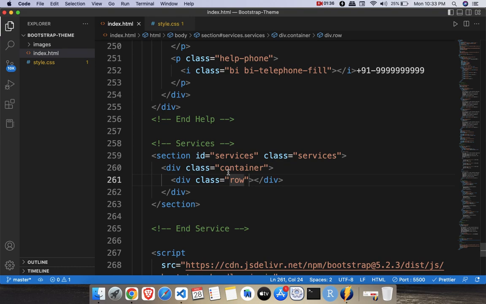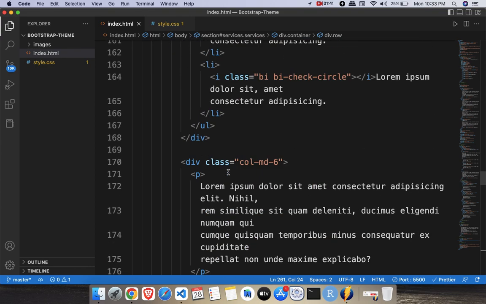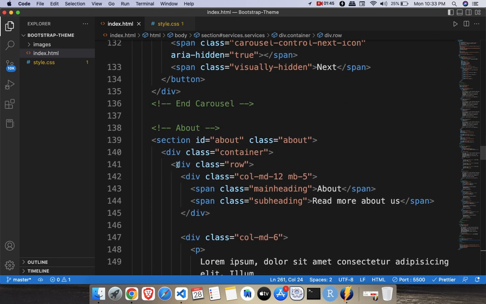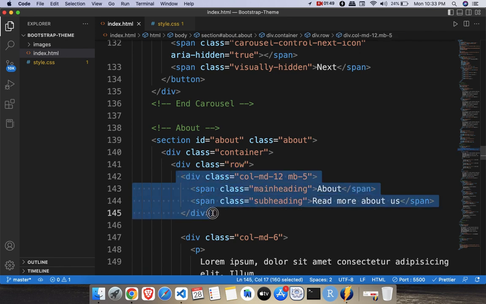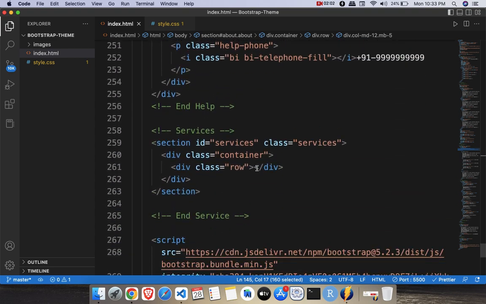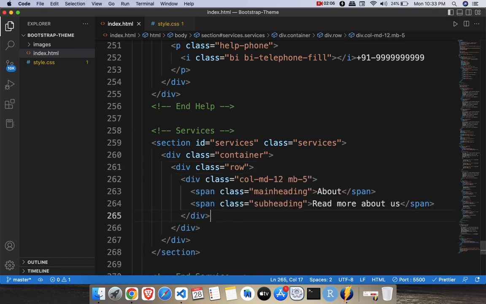So again you need a title for this section, right? And which we have already used somewhere in the about section. If you observe that in the about section, the first row, inside the row, the total 12 columns are using the heading, and the classes are already defined for the heading and subheading. So I'll just copy this section. I'll come to the section which we just created, that is services, and inside of row I'll paste that